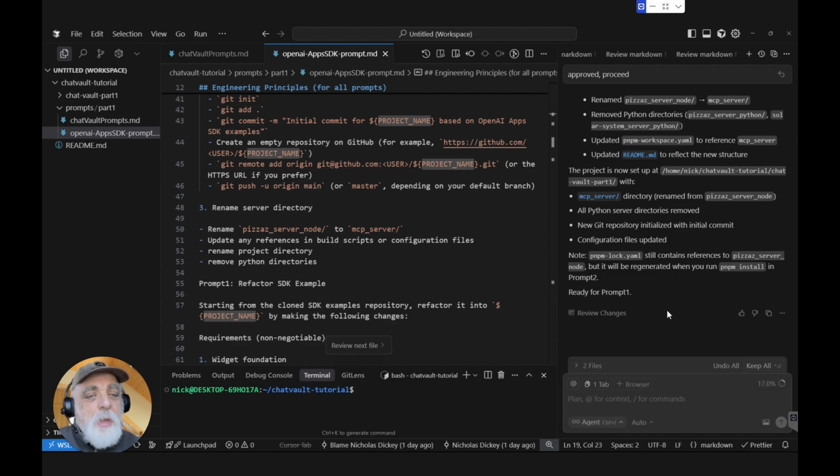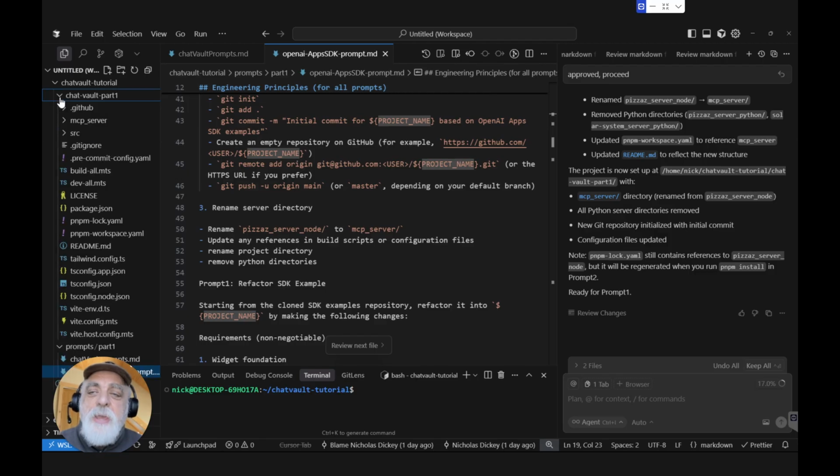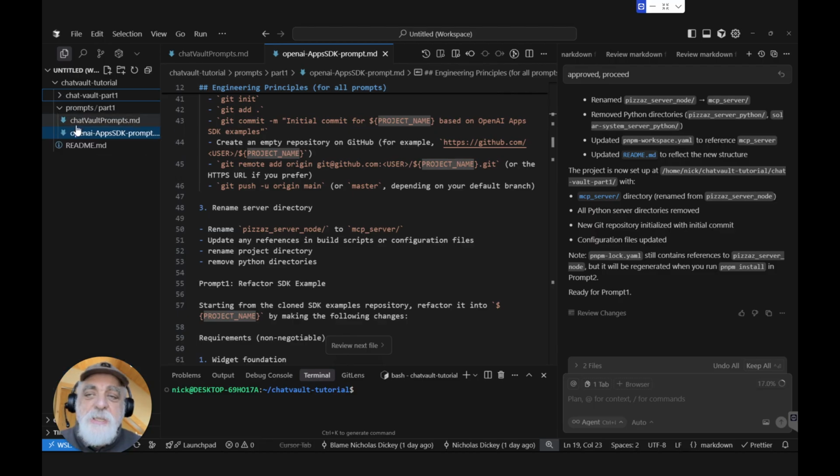Meanwhile, from zero, it checked out the example, it renamed it, it renamed Pizza Node Server into MCP Server, did all that I asked, and detached the original GitHub. So now we can start actually committing to our own repository when we do changes. It is a bit early for that, so let's proceed